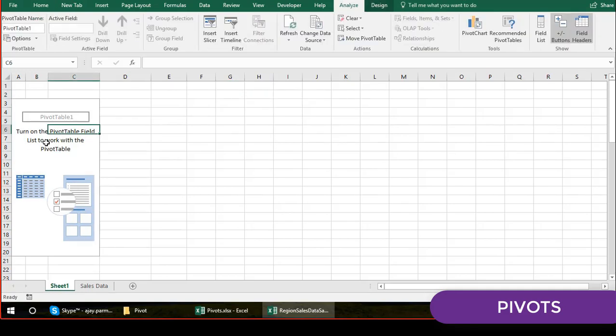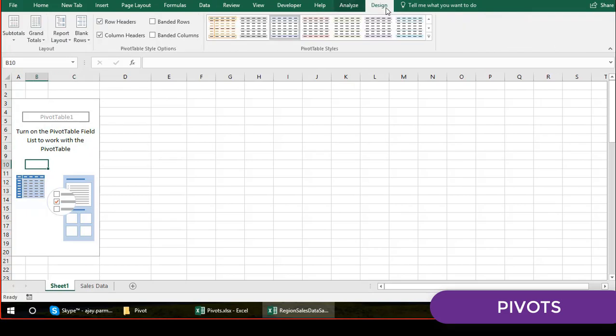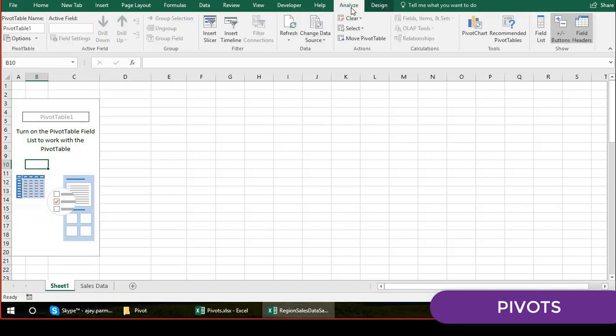Remember that, because sometimes people forget this and then wonder how those options were coming. If you're not within the pivot table, you will not see the PivotTable Tools option, right? So what you can do is select this, and then you have the Analyze option and the Design option. We will go into all these options one by one, and we will check what all options are coming under these PivotTable Tools and how we're going to work on that.